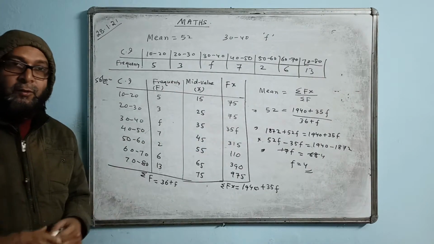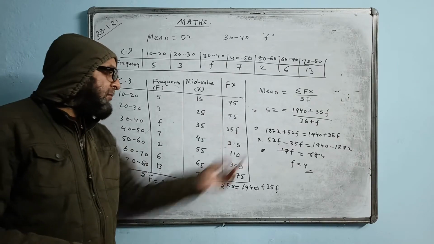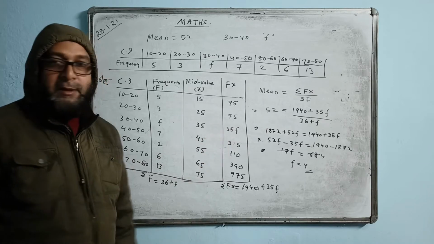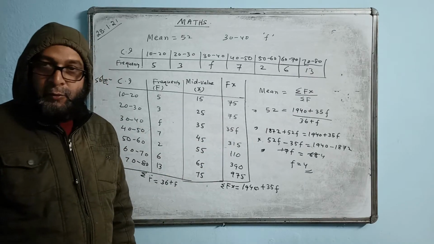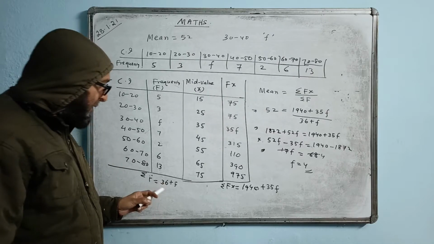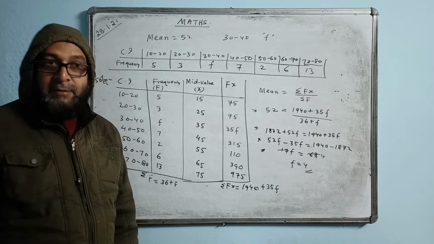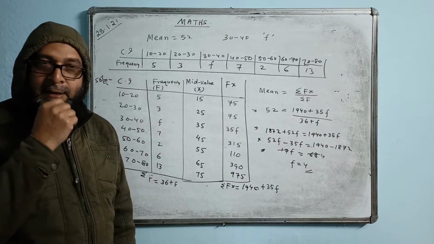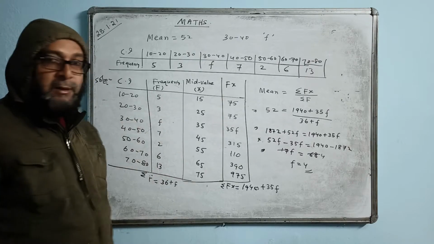Just now you saw, this is the practical situation. See, there is a high chance of making a calculation mistake. Big numbers are coming, taking a long time. Exactly the same thing may happen to you. In my case, the answer was coming negative. So that's why I had to recheck all these things. That is the reason why we don't follow this method.